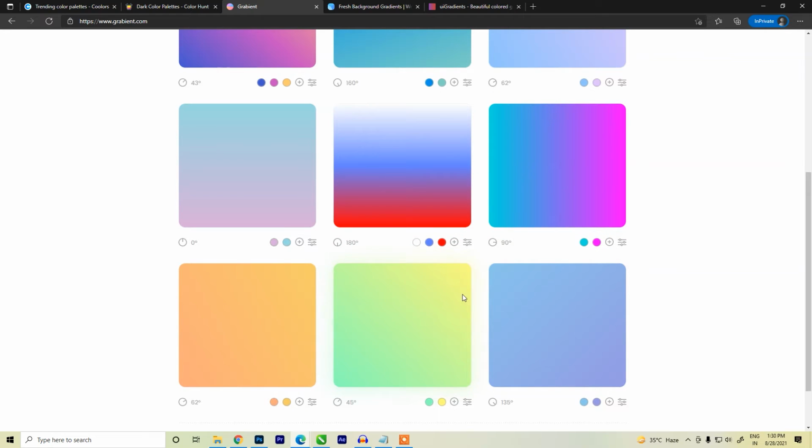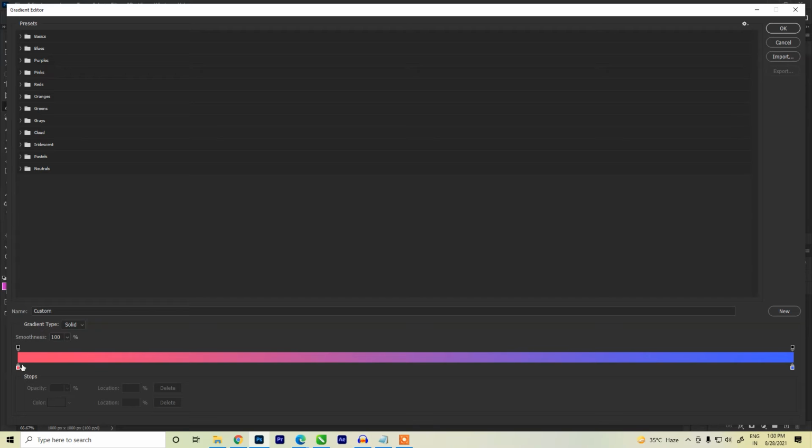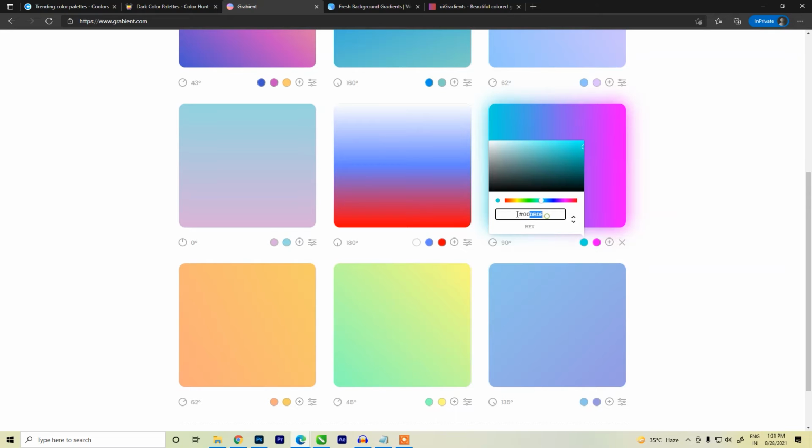So what I would do, I'll go to Photoshop, select gradient here, click on my gradient color. To pick that color, I'll click on the small house, we'll go back to the gradient. In case I like this gradient and I want to copy it into my project, I'll have to copy these two colors, this blue color, sea green color, or this pink color, or the neon color. Just click on this circle, you will get the code.